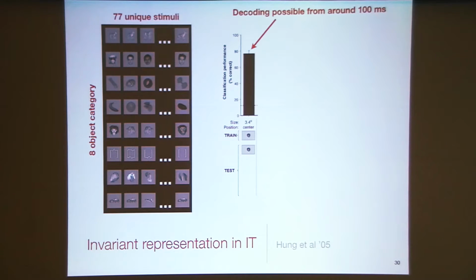And the experiment they did was to essentially ask the following question. If we consider a small population of about 200 IT cells, if we consider their firing rate over a short time window, say about 20 milliseconds right after the neuron starts firing in this area, and if we pass this rate code to a linear classifier, the simplest kind of classifier one can assume, a linear SVM, how well could we predict the object category that was presented to the animal? One point that I should emphasize is that in those experiments, there was no task. So the monkey was just passively fixating on the screen.